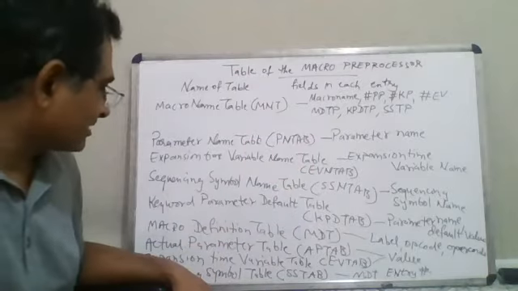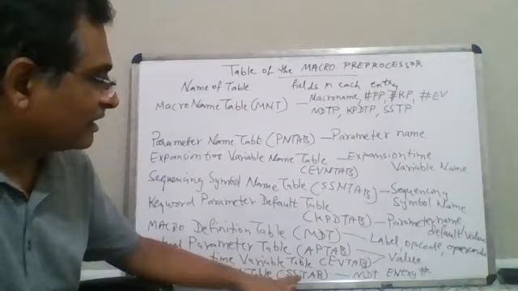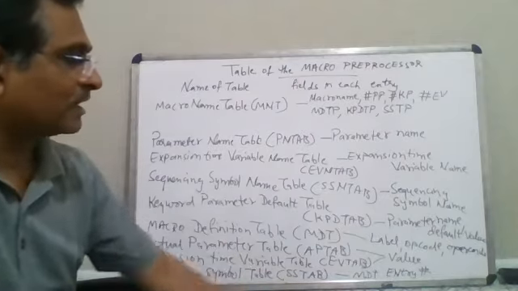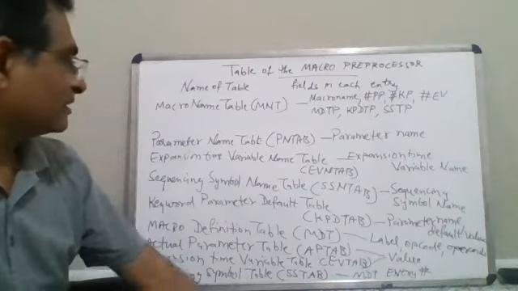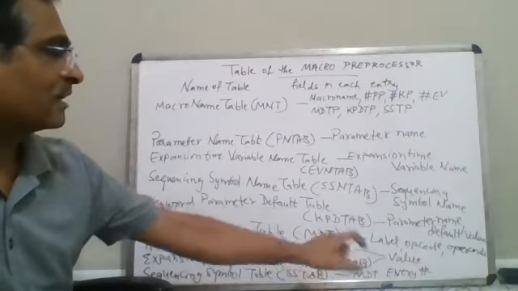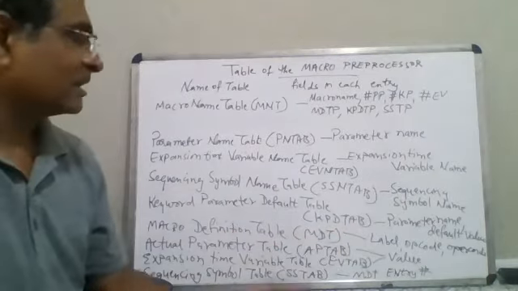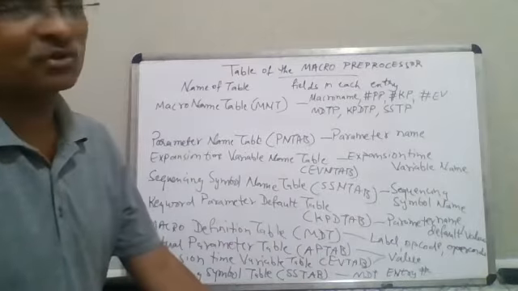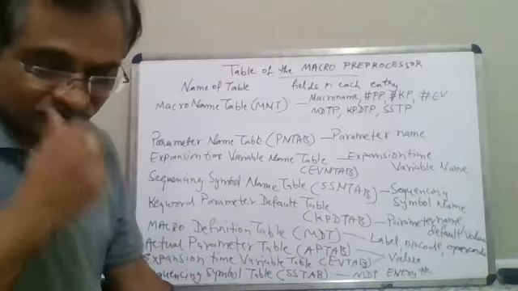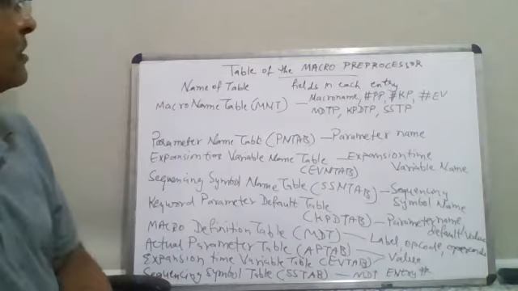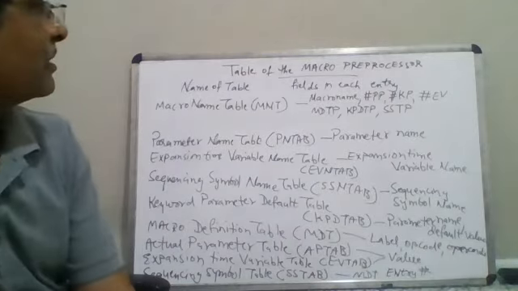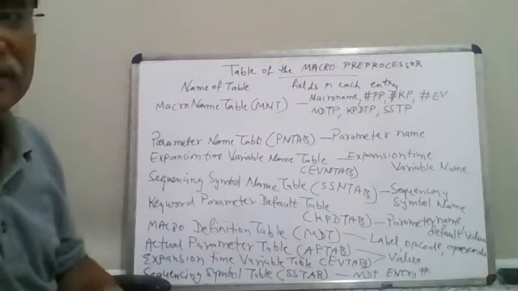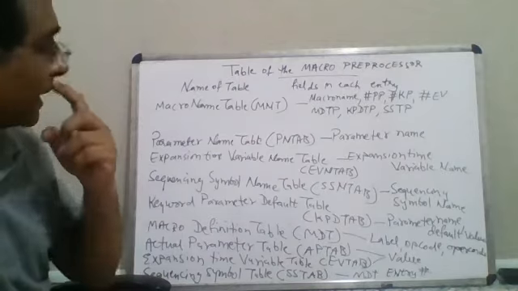And another case is the sequencing symbol table. Sequencing symbol table, so SS tab, and it is going to have the entry which is MDT. So it is going to refer into the MDT, the entry number for that, where it is present. Because the intermediate code would be like that only, because it is going to store the indexing information, right? So I hope you have remembered these preprocessor tables. I would say these are the various data structures which are going to be present in the macro table.